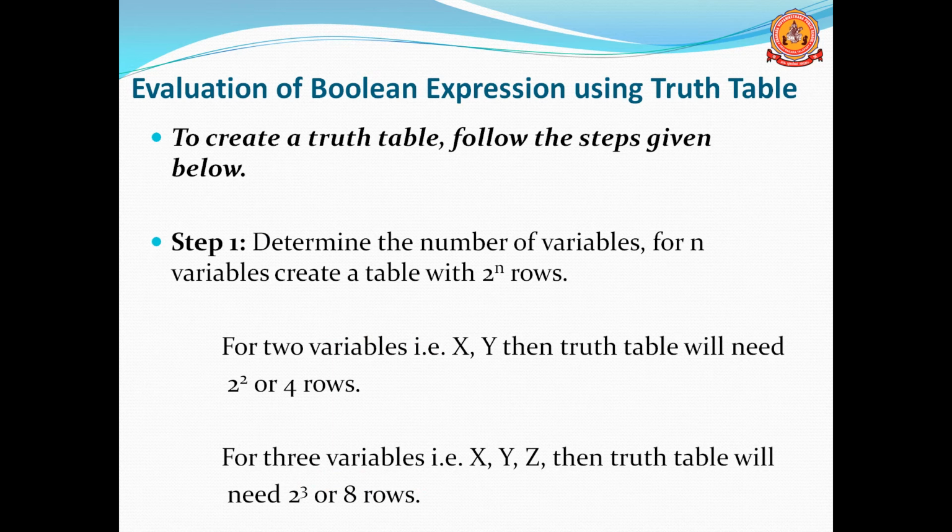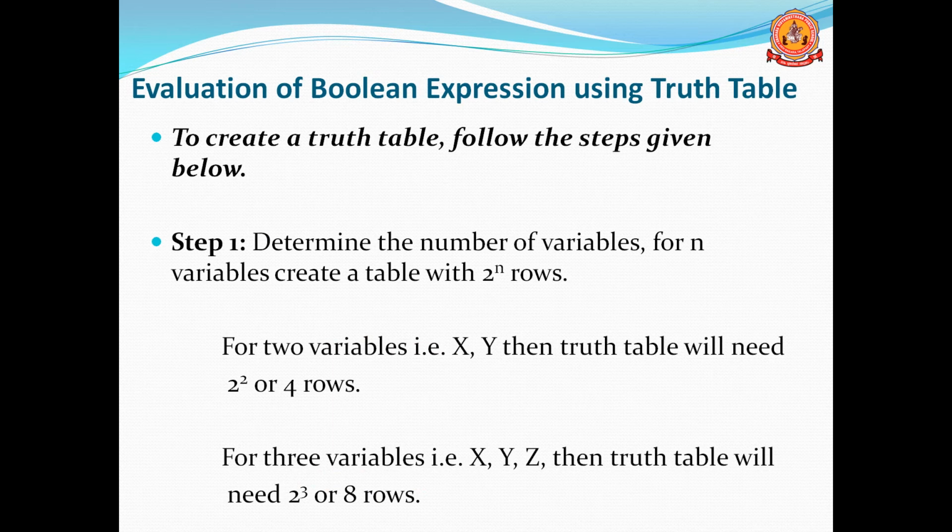If you want to create the truth table for any variables or any statements, then you have to follow certain steps. There are some steps to create the truth table for any statement or expression. The first step: determine the number of variables, n. We have to see what the total number of variables is. For example, there may be 2 variables, or 3, or 4, or 5 variables. Any number of variables can be present in an expression, for example any statement which contains n variables.